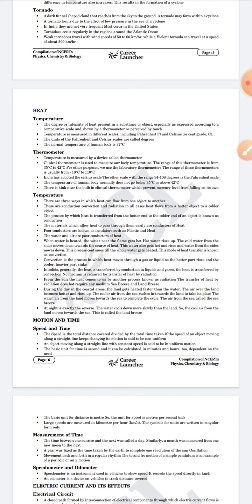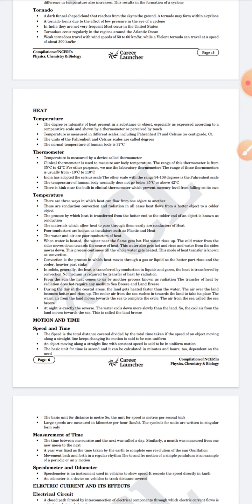the materials which allow heat to pass through them easily are conductors of heat. The poor conductors are known as insulators, such as plastic and wood. Water and air are poor conductors of heat. When